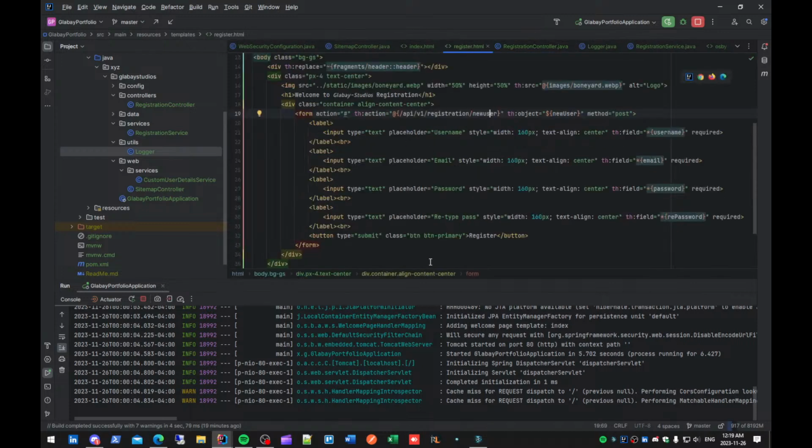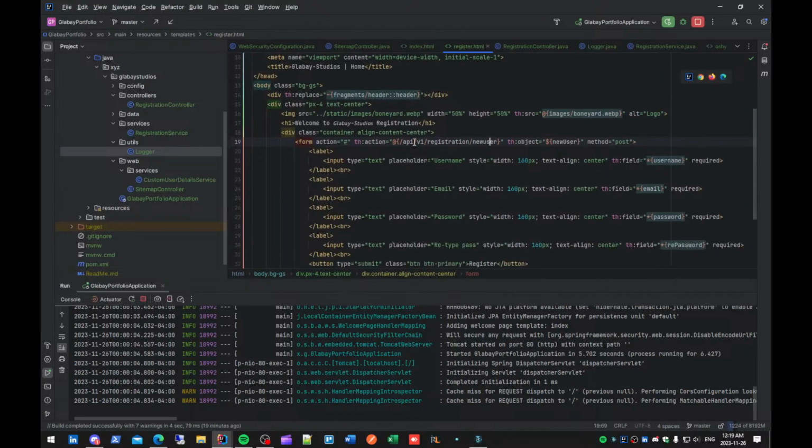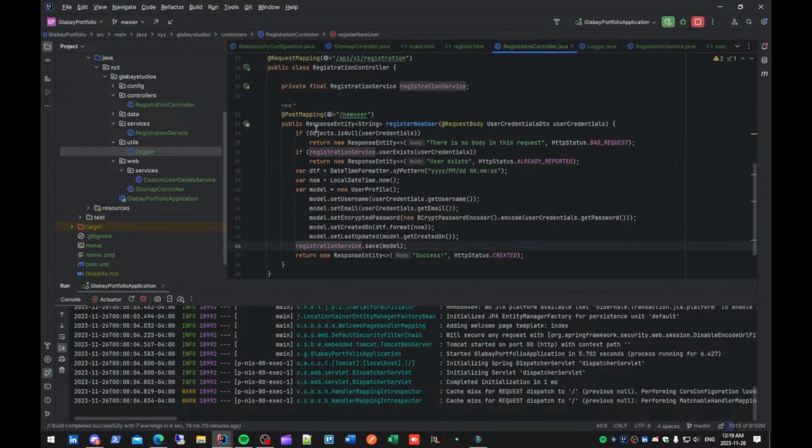Now when the register button is clicked, it should be sending a post to here, to the new user, which is going to ultimately go through and